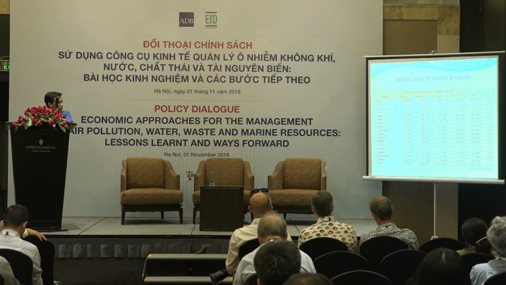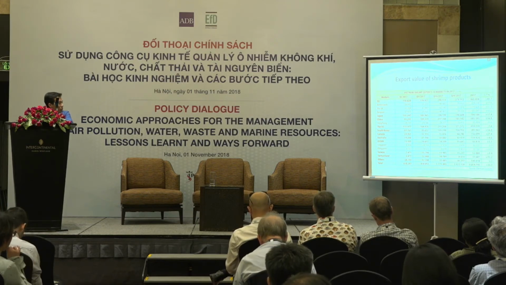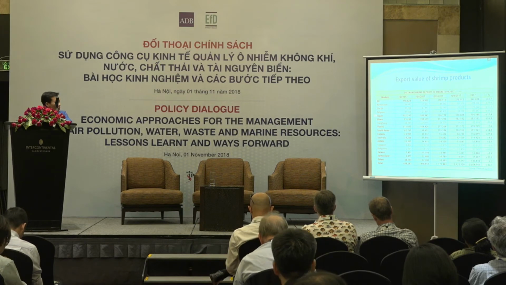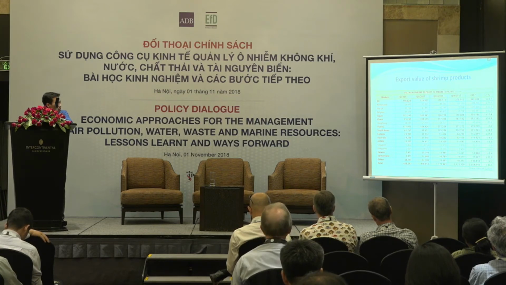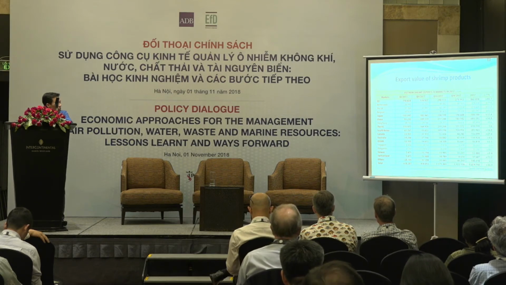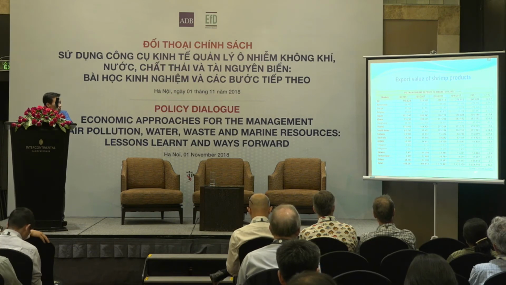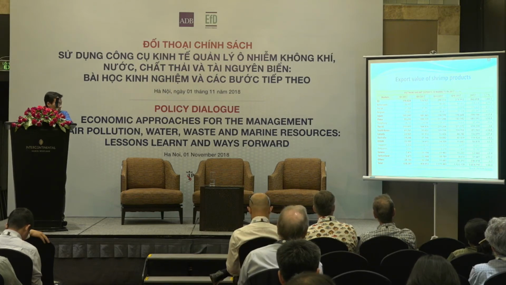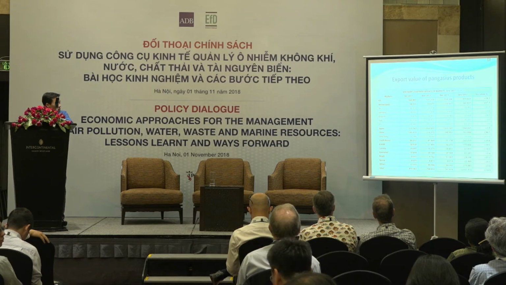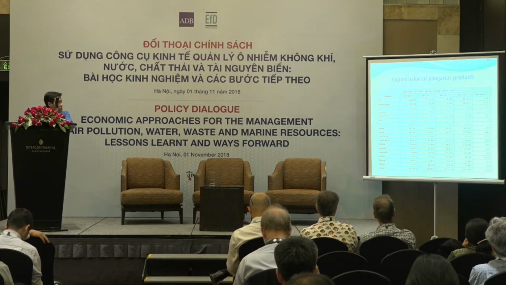Export for shrimp is very important. We export a lot to the European Union, ASEAN, China, and US. Those are some key export markets. So you see the total exports for shrimp is more than 3 billion, nearly 4 billion US dollar in 2017. So it's very high value for shrimp. And this is pangasius. This is more than 2 billion US dollar, the total export for the pangasius.